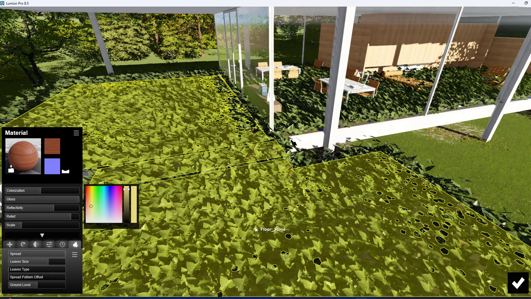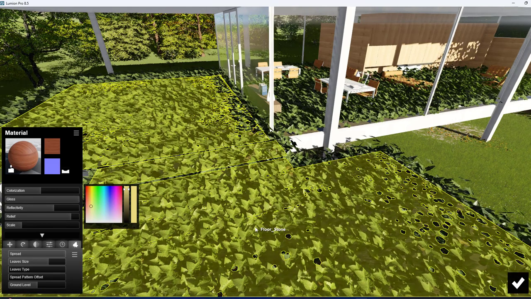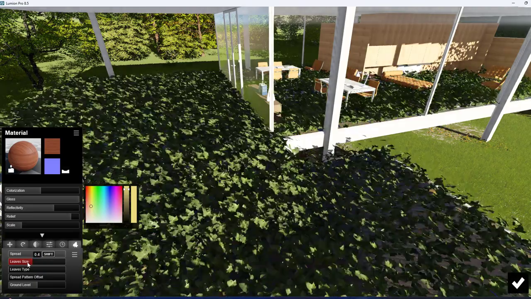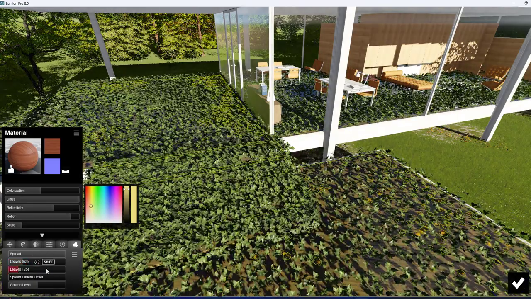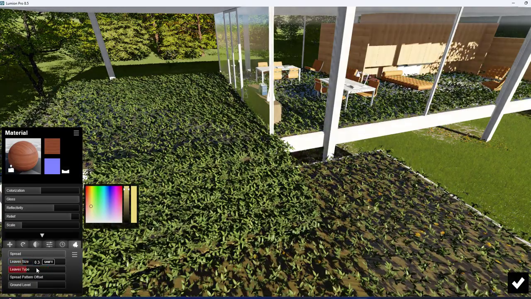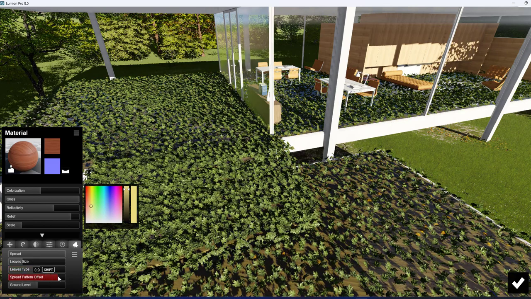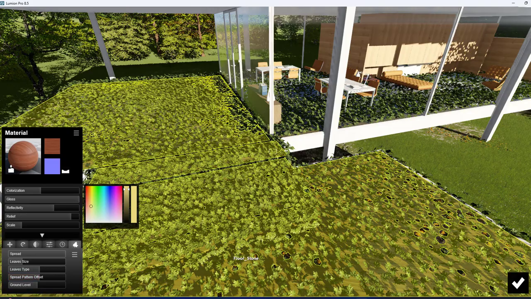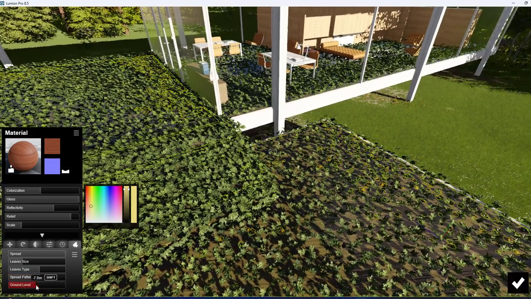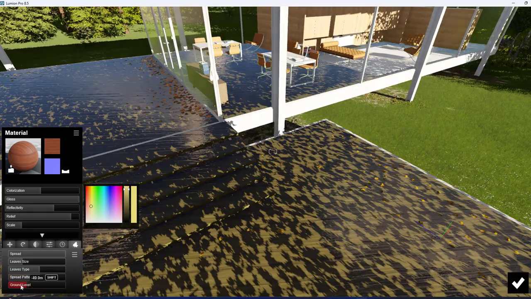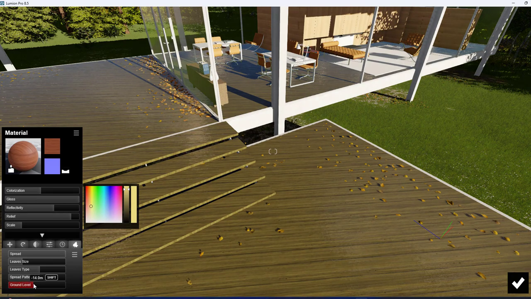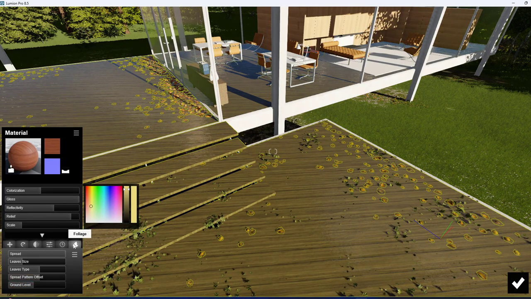This one you can use for the cladding plants, wall cladding plants, this way. Leaf type you can change into green, yellow tone like that. Spread pattern offset, you can just increase or decrease the distance between the leaves. And then next, ground level. So how much height you want to show. Like this way you can go with the extra properties option.